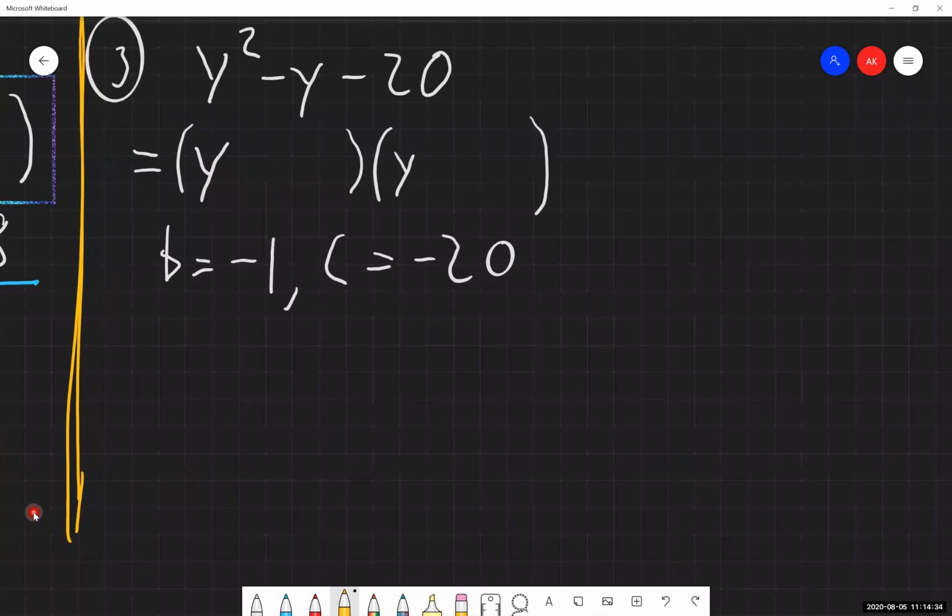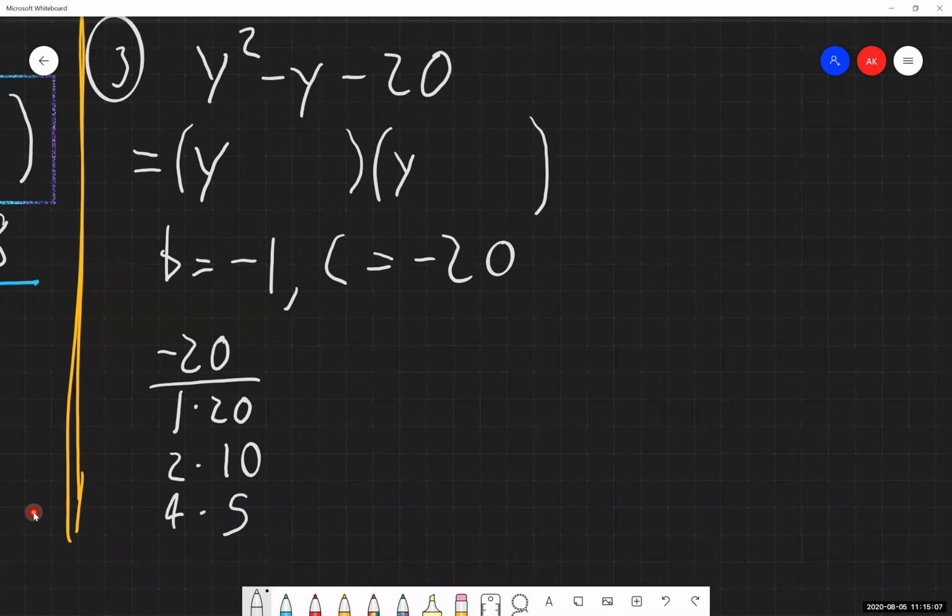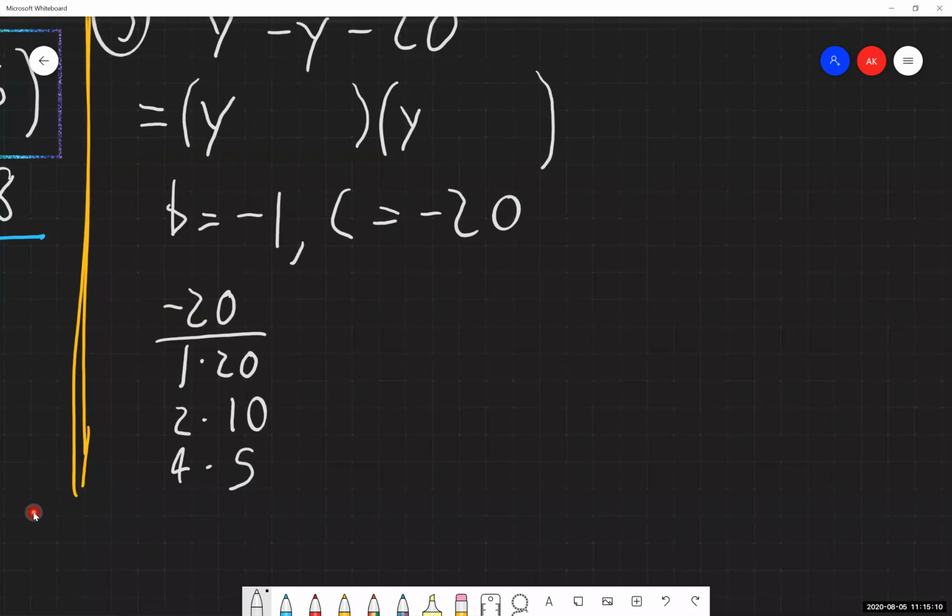So now I need to find two numbers that multiply together to give us c and add together to give us b. So let's start with listing the factors of -20. And again, the organization with this step is absolutely crucial if you want to be able to make this a very mechanical process. Always start with and put the smaller numbers on the left-hand side, and then slowly count up as you're listing the factor pairs. Okay. So I've just listed all of the factor pairs of -20.